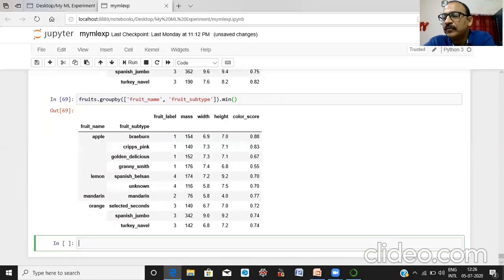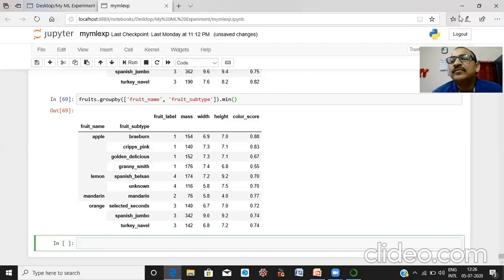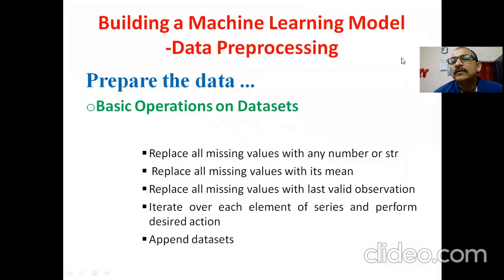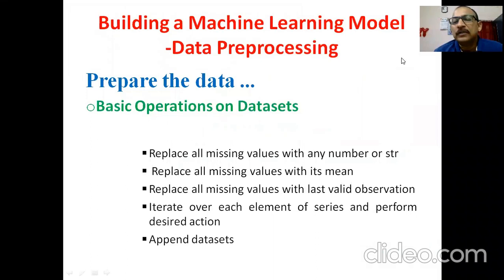Now actually we have seen up to 15 basic operations on the data set. Now let us go to the next topic of today's discussion. For this we have to minimize this. Next discussion topic is